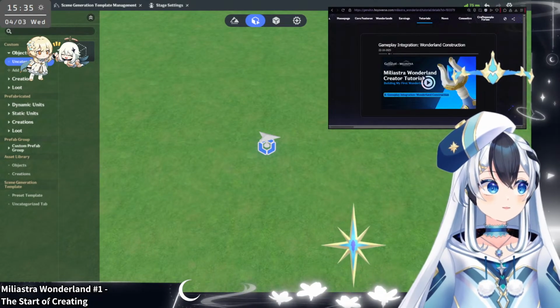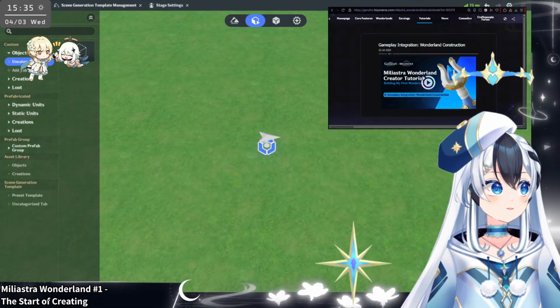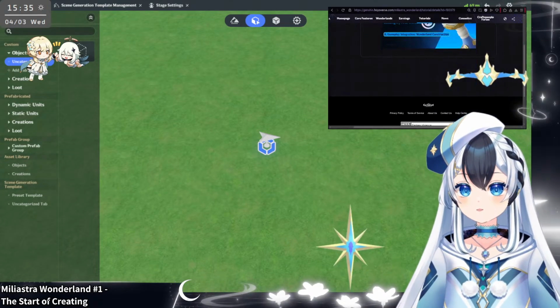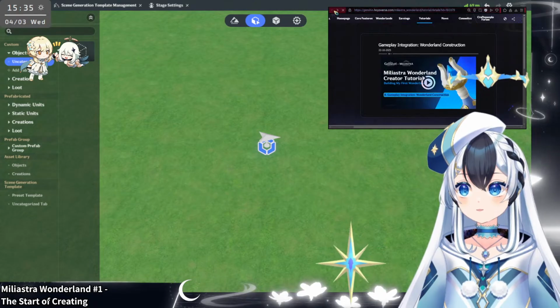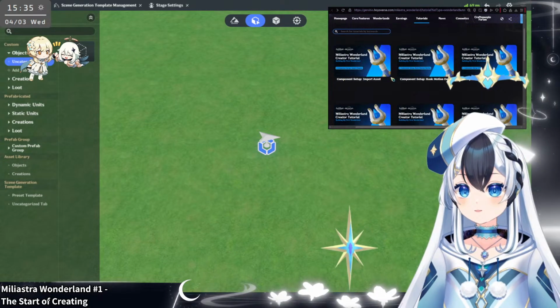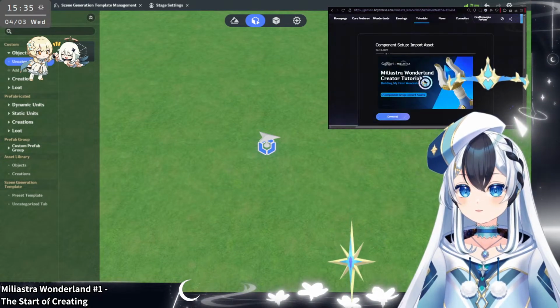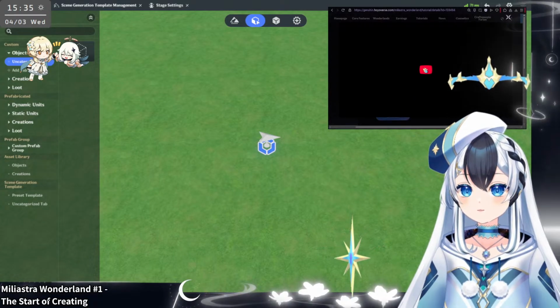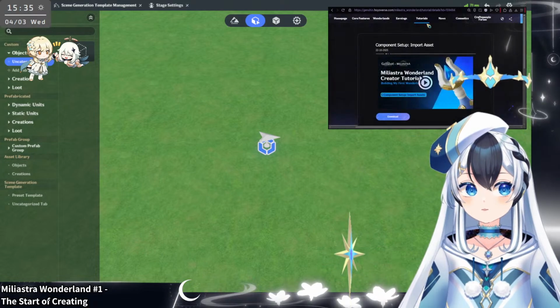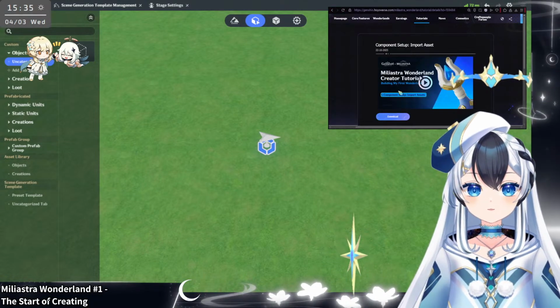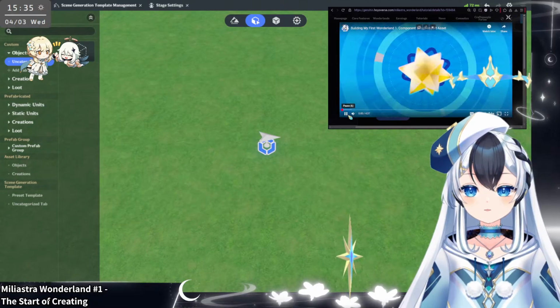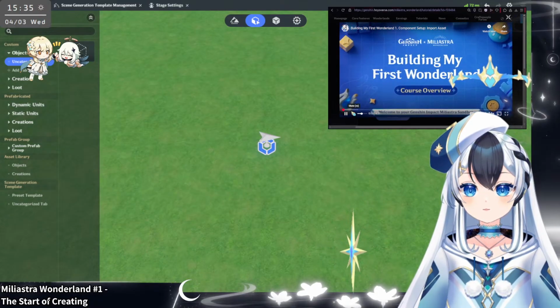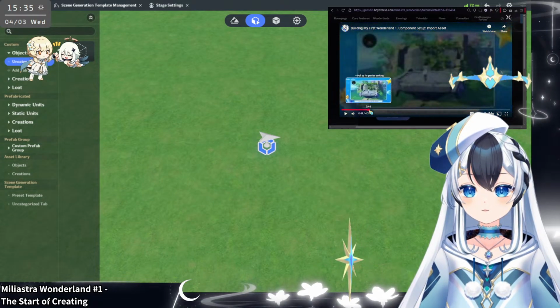How did he do the import? How did he import the scene? Wait, take that. Oh, Genshin Impact miliastra tools to design reach